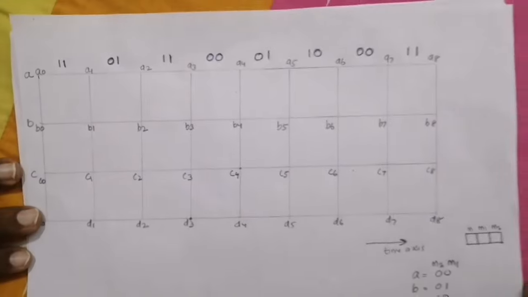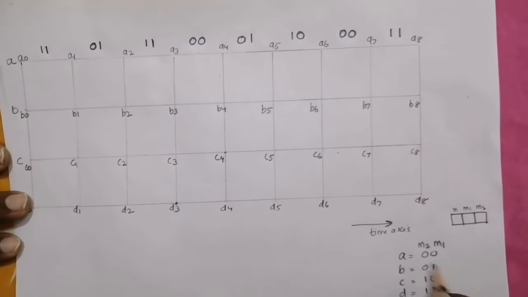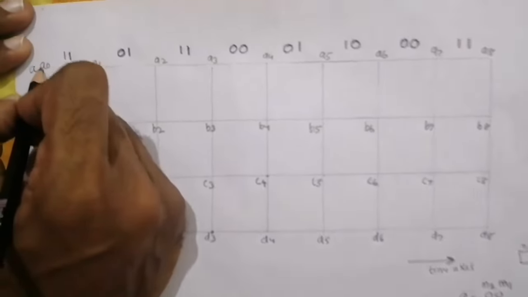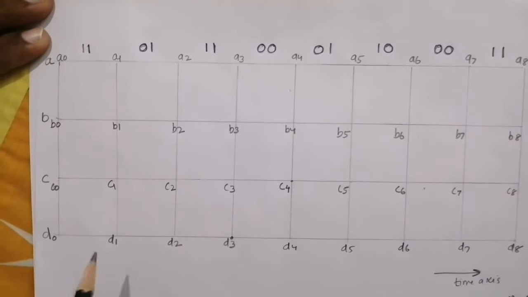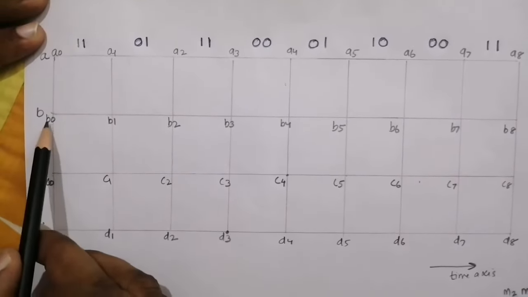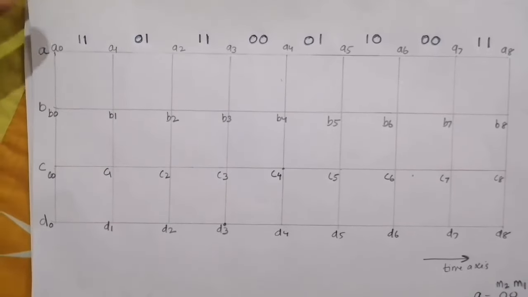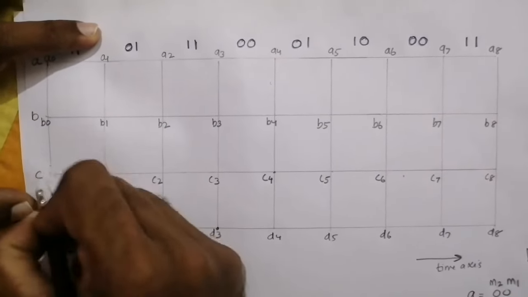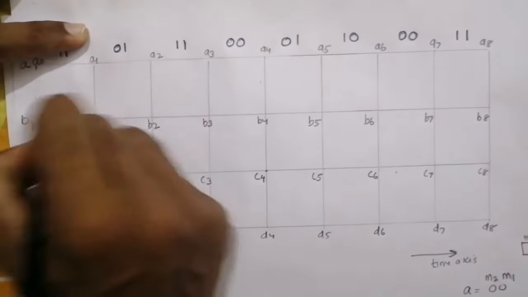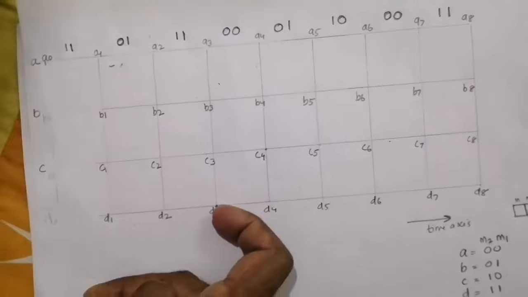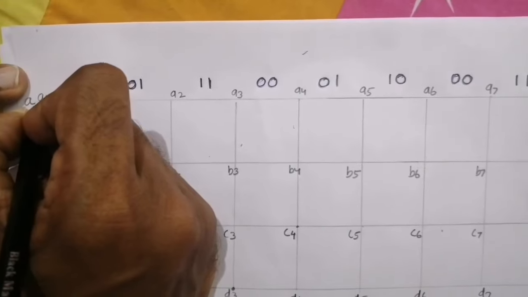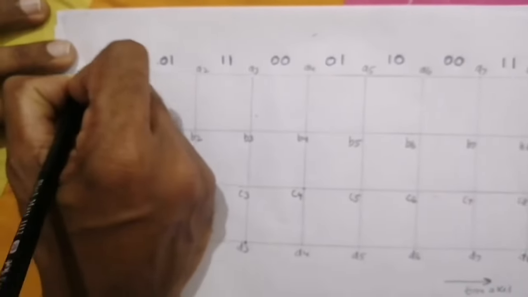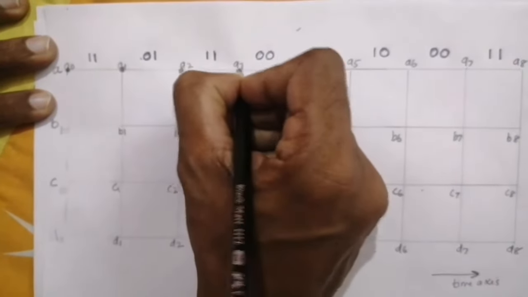As we know, any convolution encoder starts with state 00. So initially we will start with A0. There is no point in drawing B0, C0, D0, because the convolution encoder cannot start with B0, C0 and D0. So I will erase these states. Initially the encoder starts with A0, that is, at time t equal to 0, the state of the encoder is 00. At this state, I will draw a bubble like this.